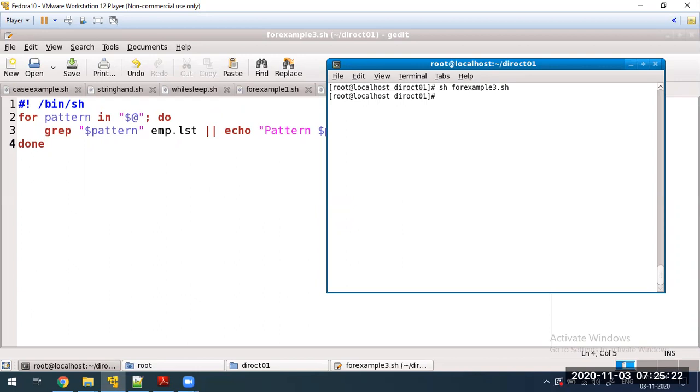Since I don't give a command line argument, it does nothing. Now if I give the file, it will search everything. The file should contain the pattern.